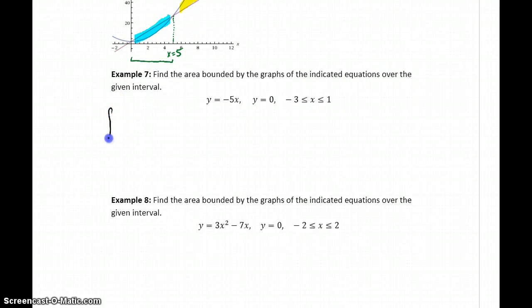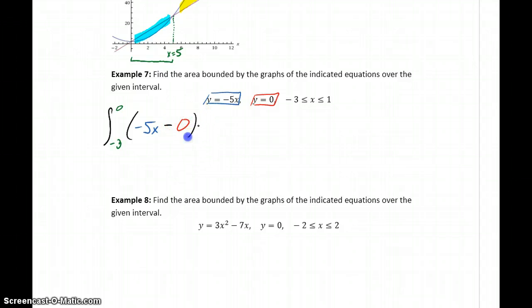So we would write this as two separate integral statements. The first from -3 to 0, where we would integrate -5x, since on that first interval, it's again taking on those larger function values,